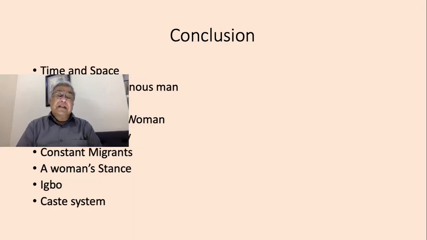First, we should see that the time and the space of both the novels are different. Arundhati Roy's novel, The God of Small Things, is being written at a time when post-colonial writers are writing back to the empire. So therefore, here the need of establishment of a very huge power was not required, but rather the offshoots, the kind of results and consequences of the colonial system in India, that was more to be described in terms